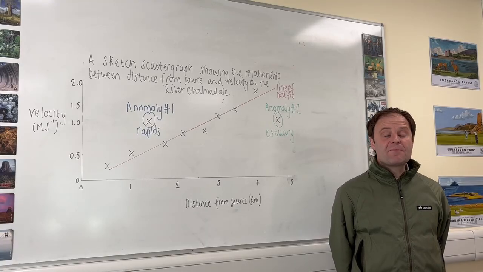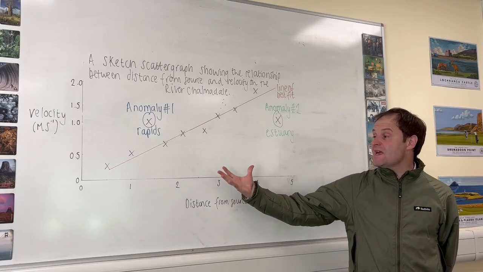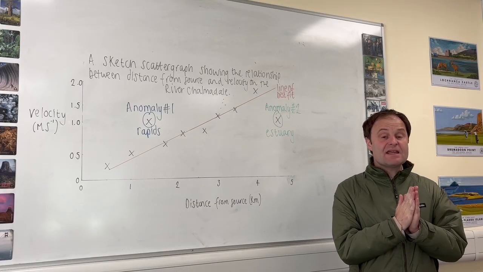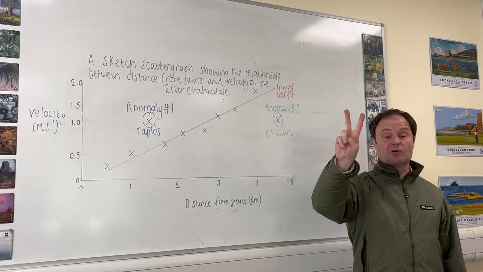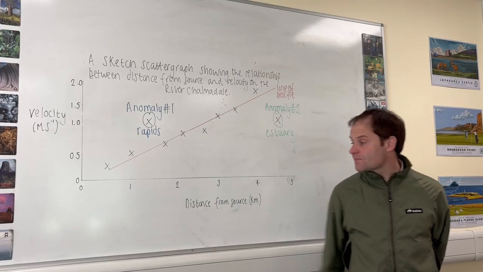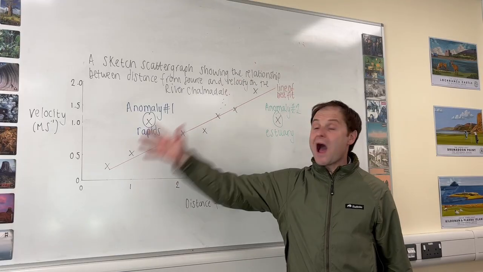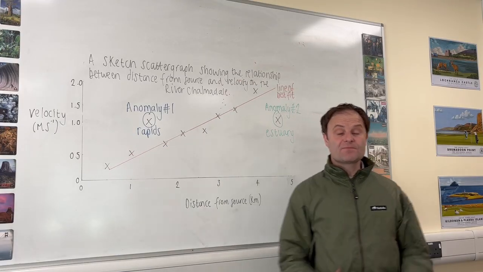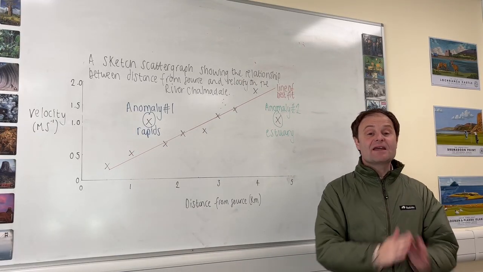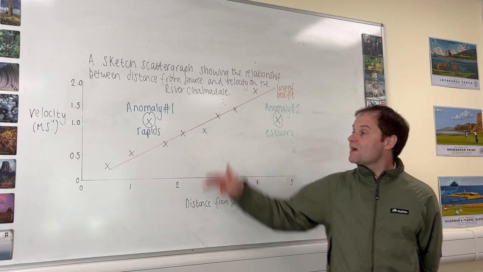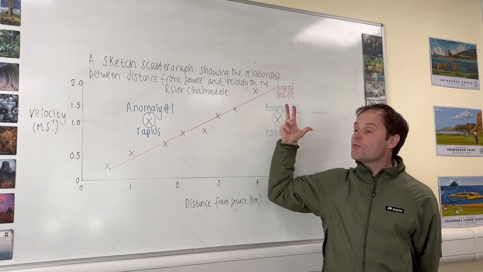So, data presentation. We can see a scattergraph. Scattergraphs are first-class techniques when we're trying to identify relationships between two variables. The two variables here: on the x-axis, we've got distance from source, and on the y-axis, we've got velocity. So we're trying to identify if there's a relationship between distance from source and velocity on the long profile of